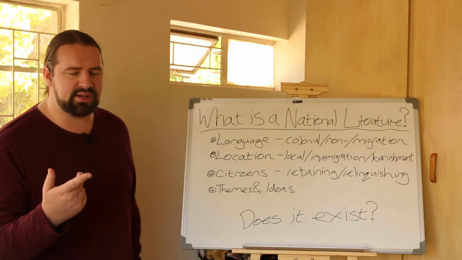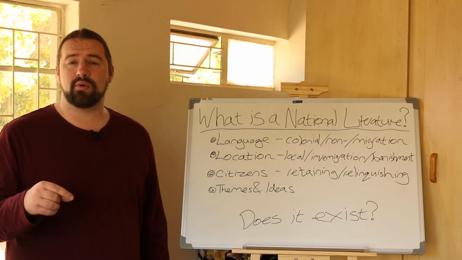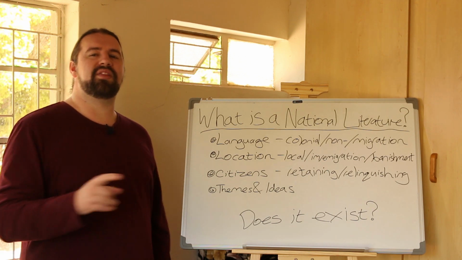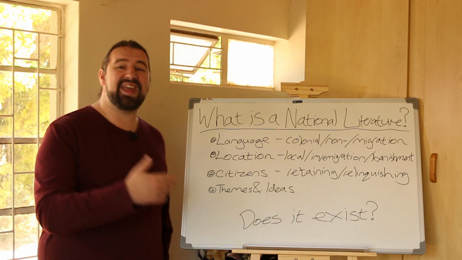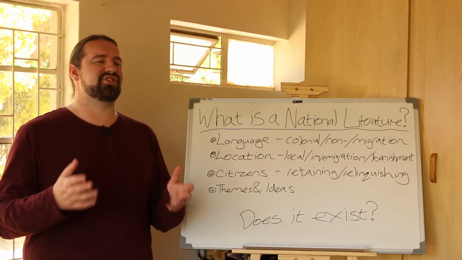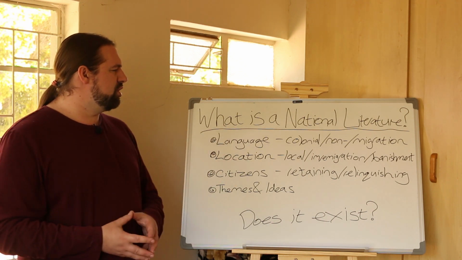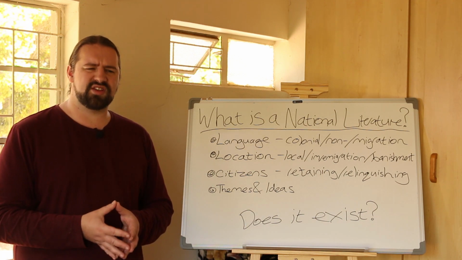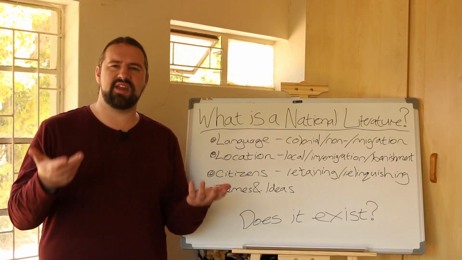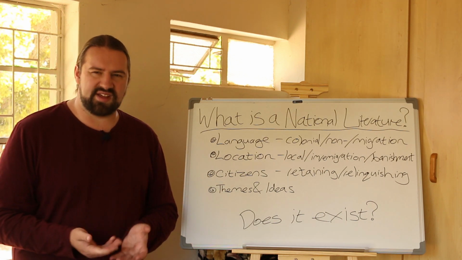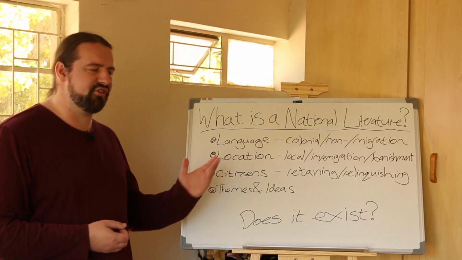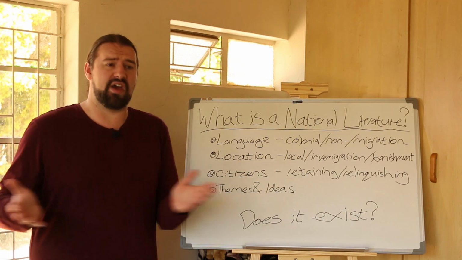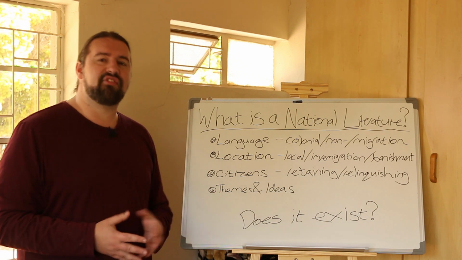Now, some Afrikaans people would claim that Afrikaans is an African language. That is something you can argue, but it is descended from Dutch, which is very much a colonial language. It's a European language, right? So they just entered these borders, and they were like, okay, well, we live here. So is it correct to say that English or Afrikaans can create a South African literature, when they're not from South Africa? And then when it comes to non-colonial, are they the only ones? So, the San and Khoi people, are they the only people who can make a South African literature?